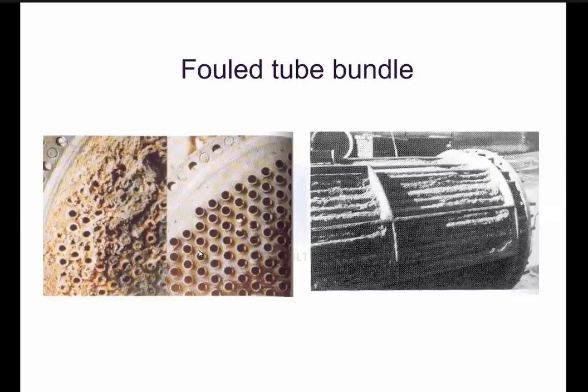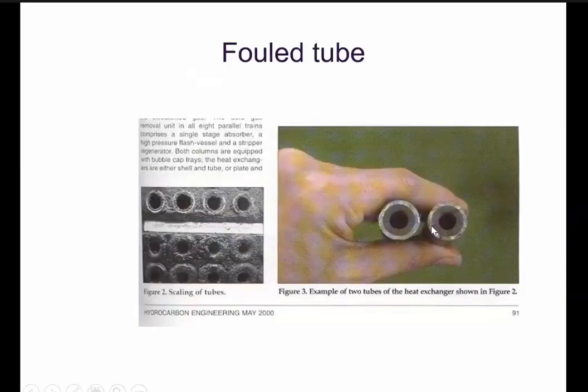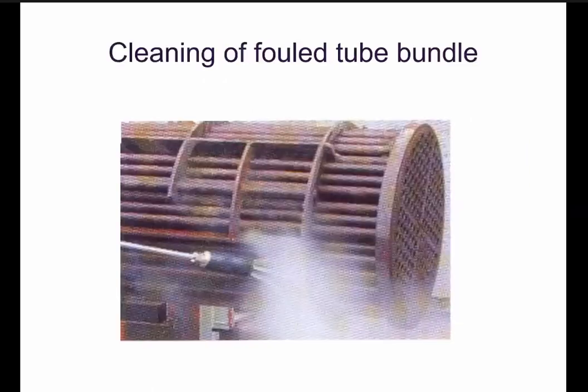This is one I want to show you, how the fouling is. The clean tubes, see the fouling. These are real-time pictures, friends. I just want to give you a feel of how the fouling happens. See the exchanger bundle, how it has been fouled. It's a nightmare. The exchanger will lose its efficiency drastically. That is why I sometimes need to go for a bigger, massive exchanger if I have a lot of fouling. See the tubes, how much they are plugged. This is how you do hydrojetting. You clean the tubes, and they become very good.